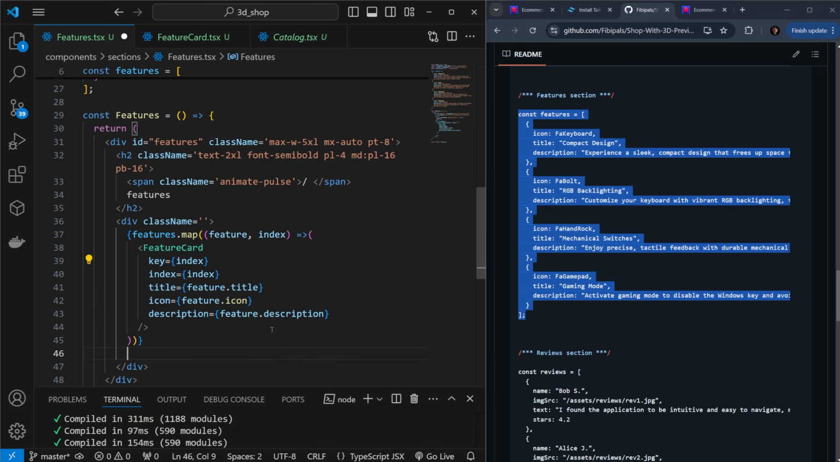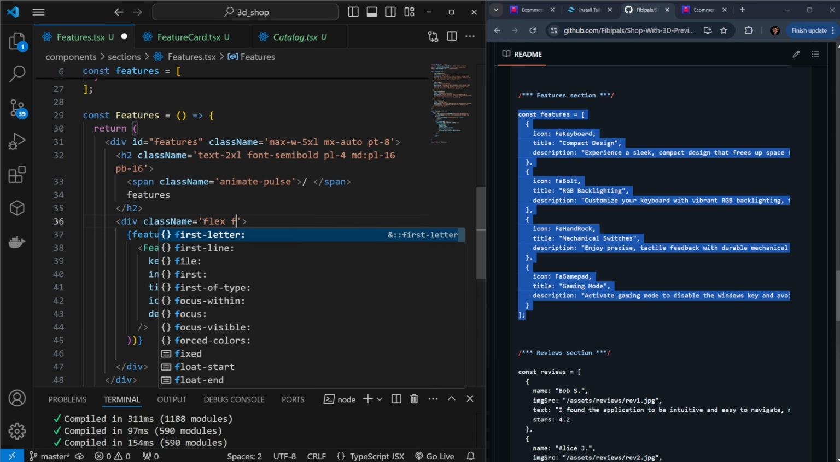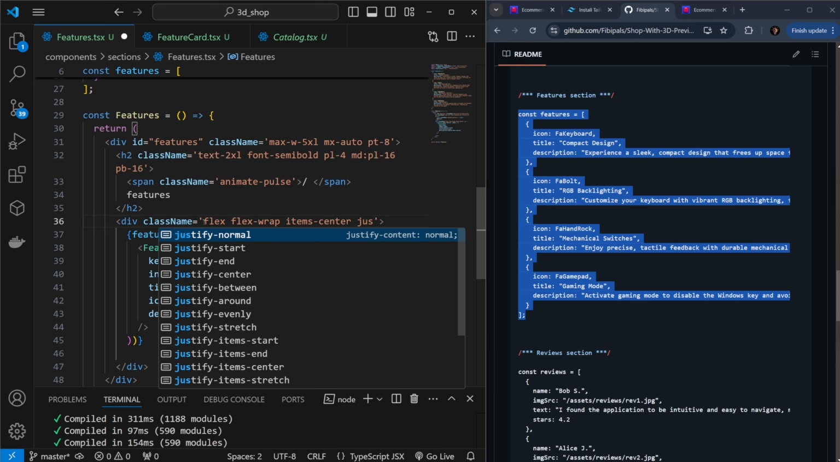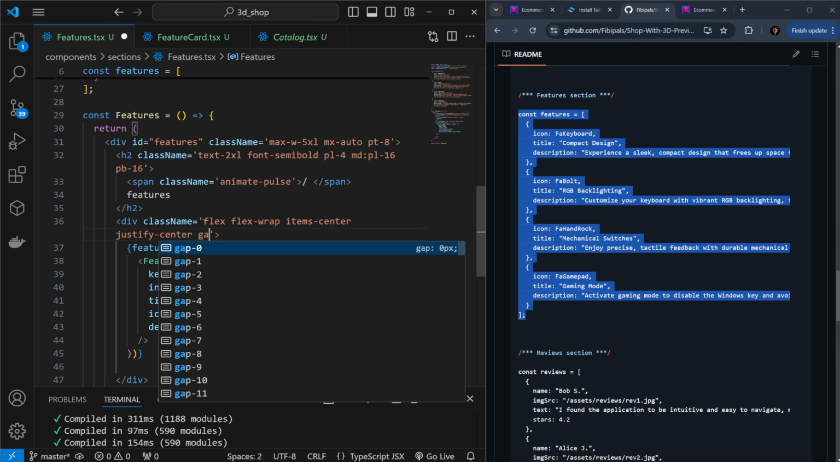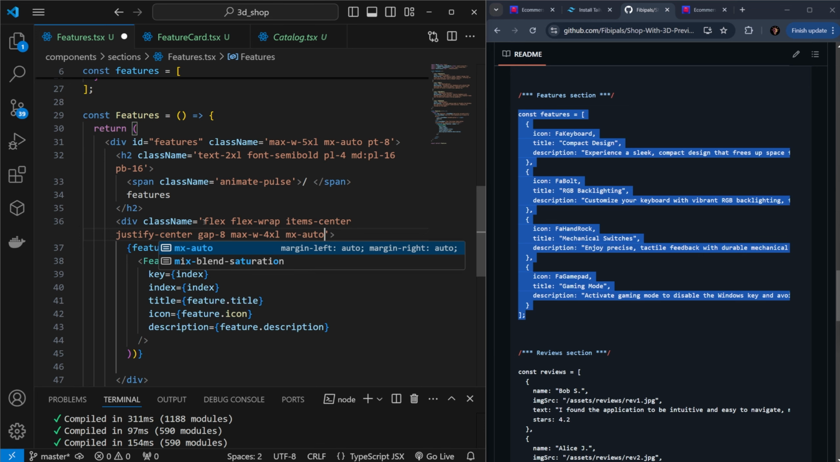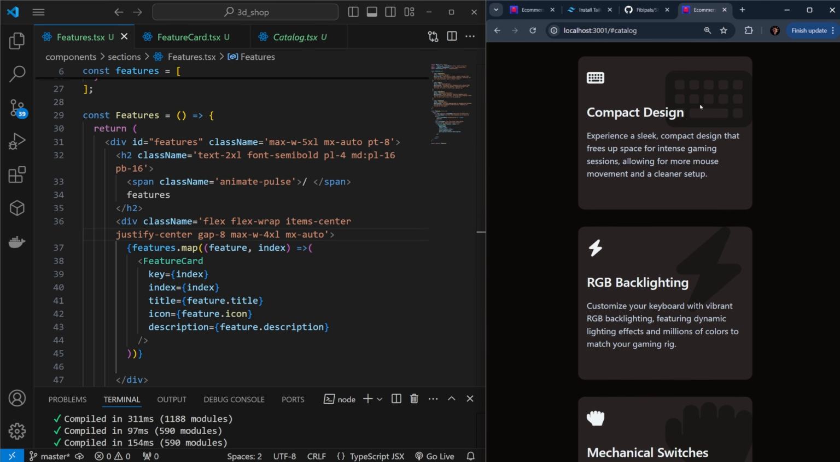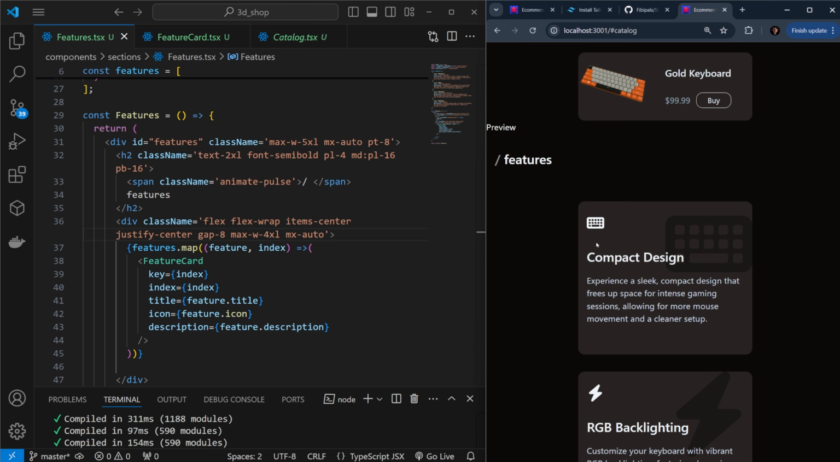Now we can format it a bit and add a class name over here, which would say flex, then flex-wrap, also items-center, then justify-center. After this, gap equal to 8, also max width equal to 4xl, and finally margin x equal to auto. So let's save it and see what we got. So we created our feature cards, but one more thing we need to add, it's animation